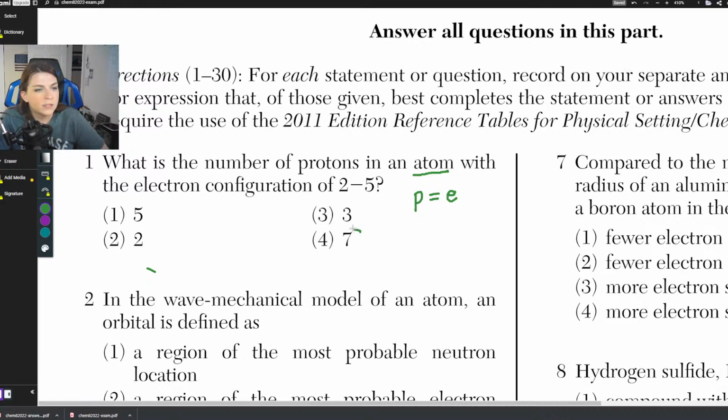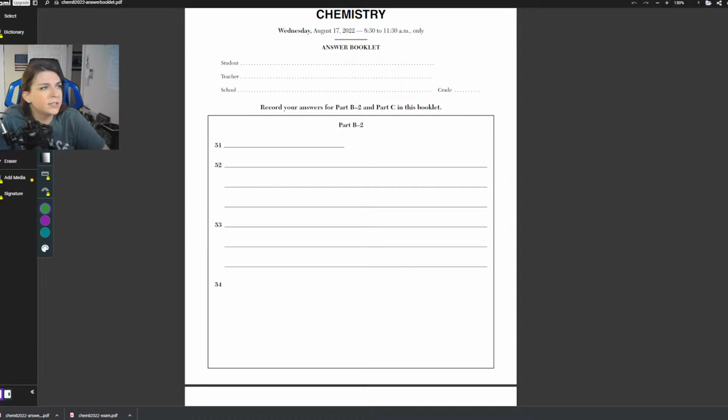That means that obviously 2 plus the 5 is going to give us 7, right? Electron configuration. This is telling us that we have a nucleus, and in the first shell of electrons, we have 2, and then in the second shell of electrons, we have 5. So that nucleus is going to be in the second period of the periodic table. Configuration 2-5. We can look it up just to